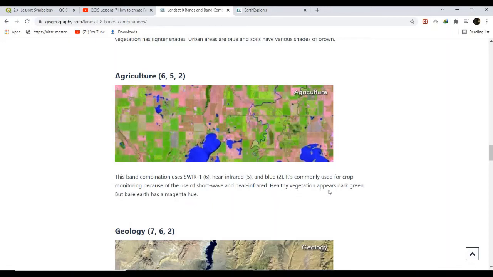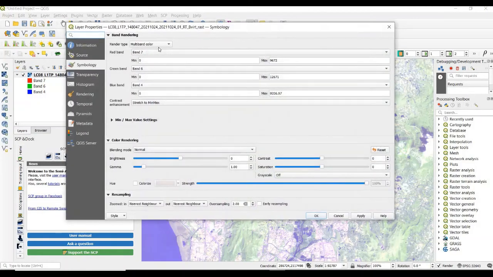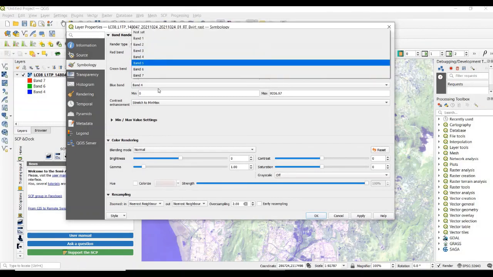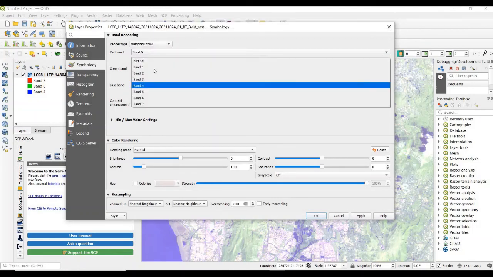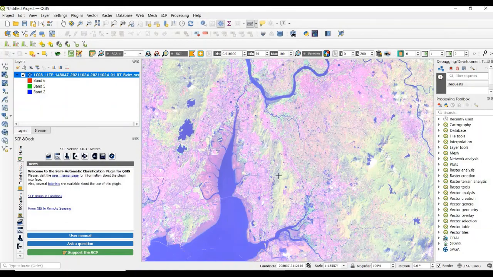Healthy vegetation will appear dark green, but bare earth has magenta, blue. So see 6, 5 and 2 band. Go to property, 6, 5 and 2. Apply and OK.